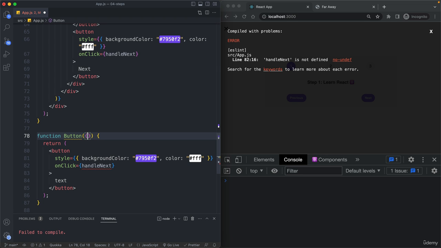So basically we want to accept some props here for the text color. So let's actually call that text color. So text color, background color, the on-click handler, and also the text. And so then here,